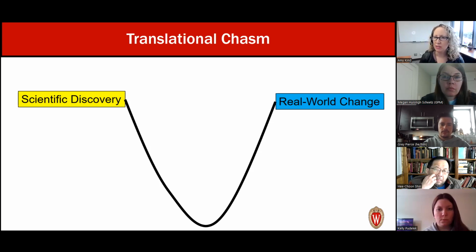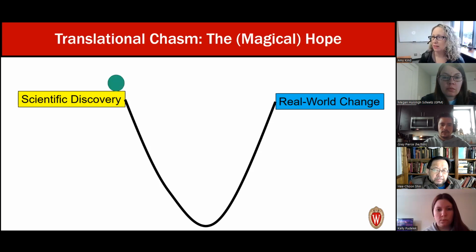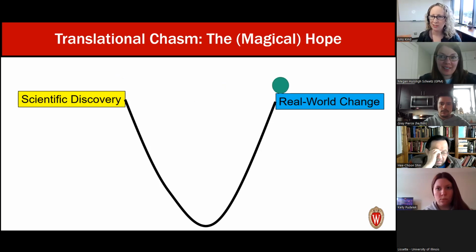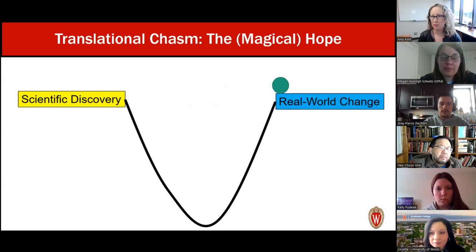It's the gulf between scientific discovery and actual changes in our world. And certainly earlier on in my career, as in many people's careers, I think this is quite common in the early phases, there's this thought that I had, at least, that if I only just got the Science, the Cell publication, the New England Journal publication, and lots of media coverage of this important scientific finding, there'd be some sort of magical occurrence, and then suddenly, boom, everything would change. There would be real world change, and this finding would change practice and be adopted writ large.